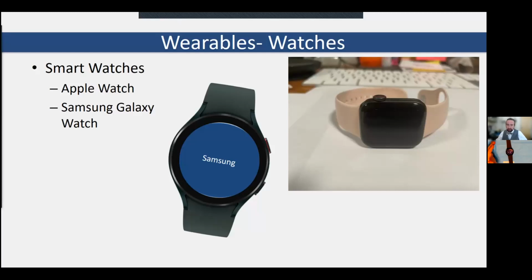Thanks, Garrett. So I've been able to use this Galaxy Watch for the last several months now, and really get to know some of the features that are built into it. One of the advantages of these watch type peripherals is how interactive they are. They're going to have a screen. It's going to remind you to get up and move around. It's going to tell you when it's time to get ready for bed. It's going to have a lot of input into your daily life. We can see here on the device,